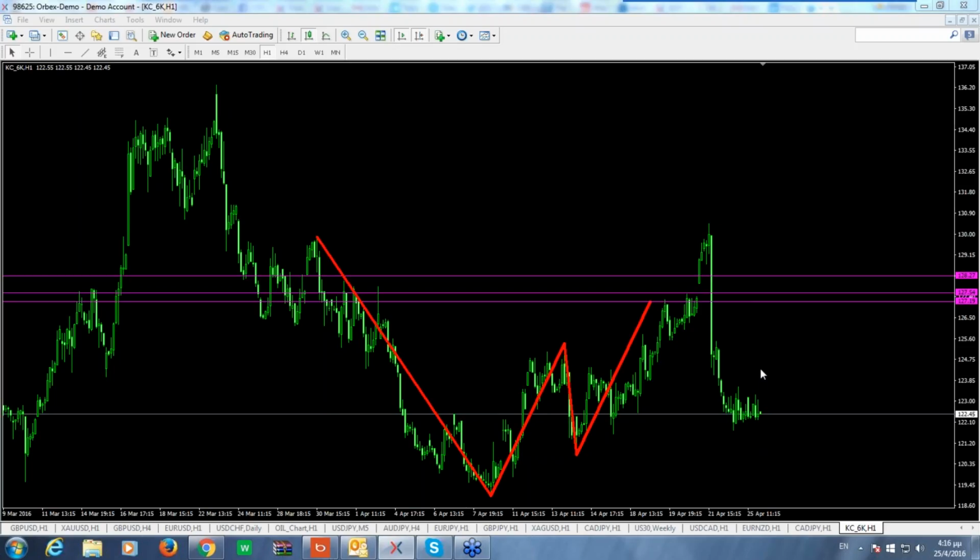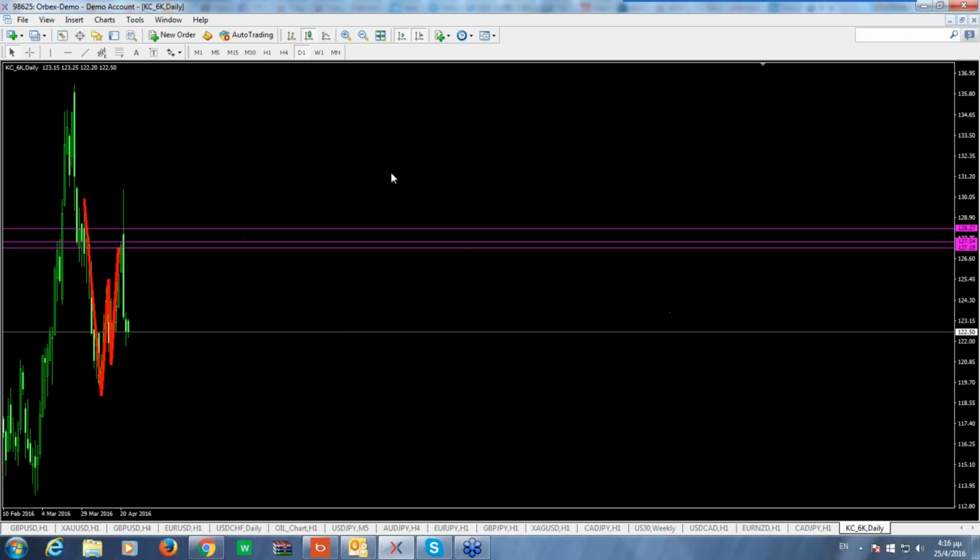Aim at 50% or 61.8, and that's it. You take a minimum of 60 to 80 pips on one leg, and on the other leg, D to E as well, you take about 60 to 80 pips. That's usually the way we trade this kind of pattern. But if you're looking at a daily chart, we have got